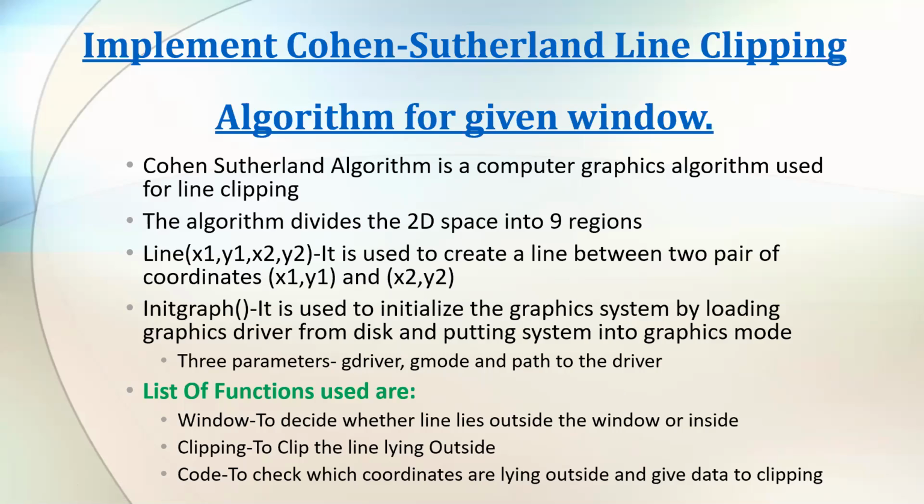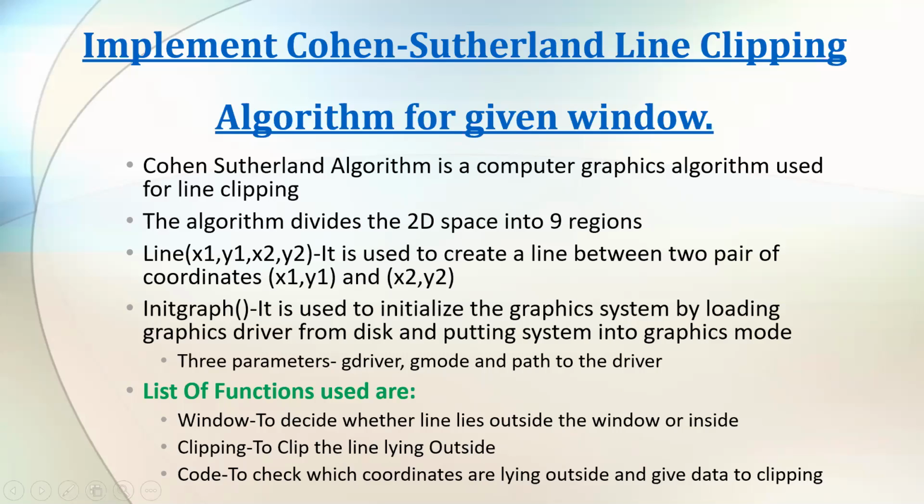So here, whatever is lying outside the clip window has to be clipped, and whatever is lying inside the clip window has to be retained. So the region code for the window is going to be 0000. And the region code for the outside depends on its position. There's another function called clipping, which is going to clip the line lying outside the clip window, and